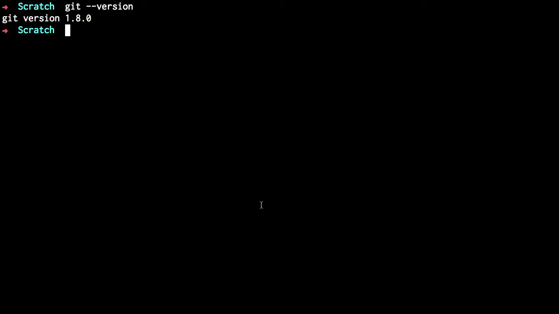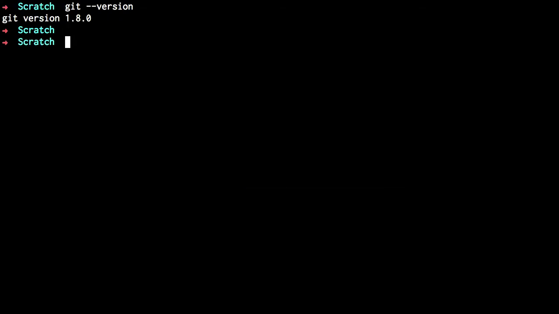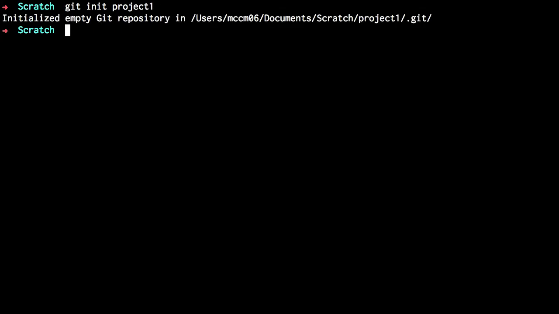Let's head back to our command prompt, and here we are sitting again after having typed git --version, and we'll clear off our screen once again. We're going to type a few instructions here, and the first one that I want to do is git init, and I'm going to call this project 1. When I've typed git init project 1, I have done something pretty impressive, which is to instantaneously create a local